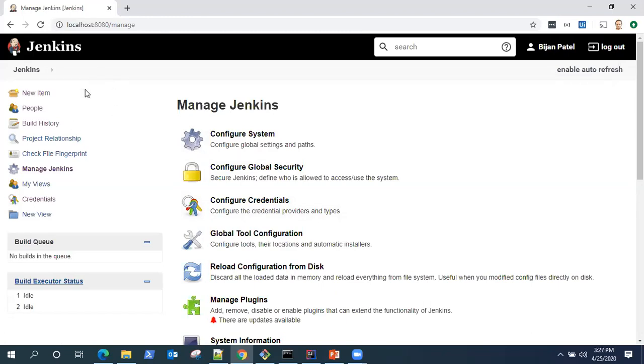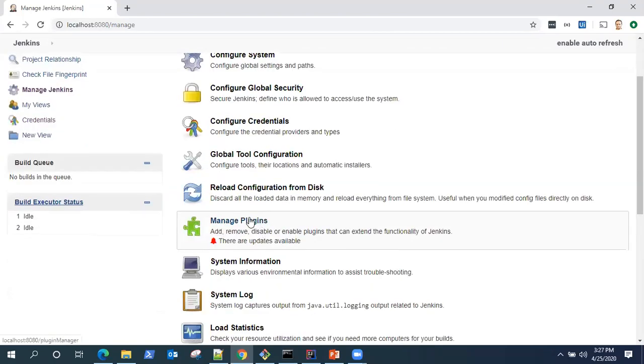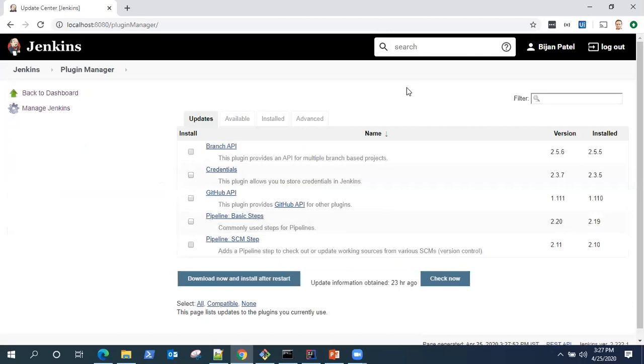And where do you manage those plugins? So we are going to look at that. So if you remember, during the installation process, we installed the default plugins, which Jenkins asked us to do. So it installed some default plugins. So where can we see all that, right? So go to manage Jenkins, and then there you will see an option manage plugins, right? So this is the plugin manager for your instance.